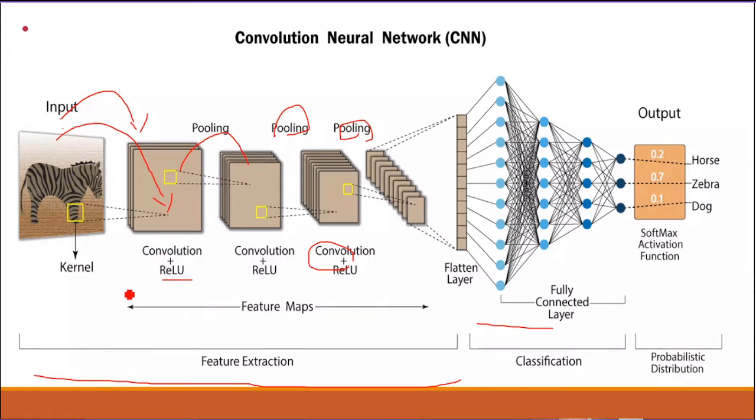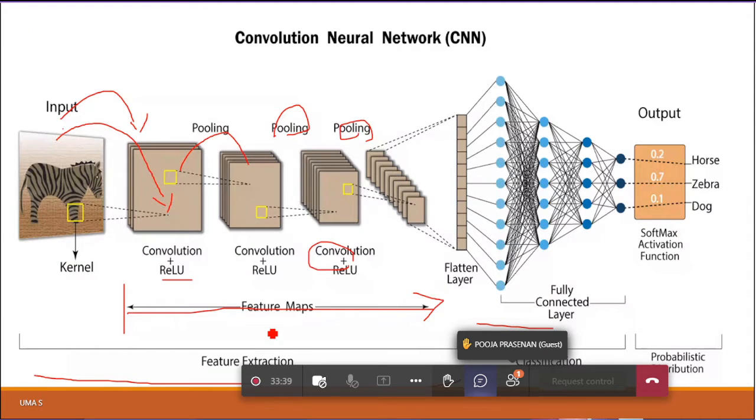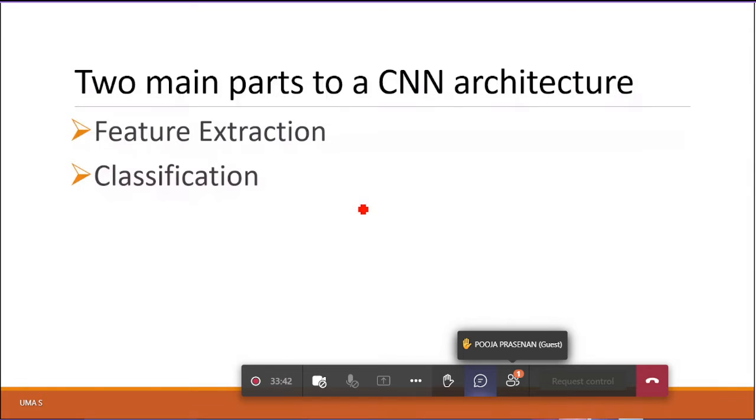So when the process happens between the convolution and flatten layers, that is feature mapping. Why do I have to apply convolution and pooling combinations? So that I make essential features to exactly classify my objects. These are what we call feature maps. So I said there are two parts in the CNN architecture, feature extraction and classification. Feature extraction happens before the fully connected layer, and after the fully connected layer we can categorize.